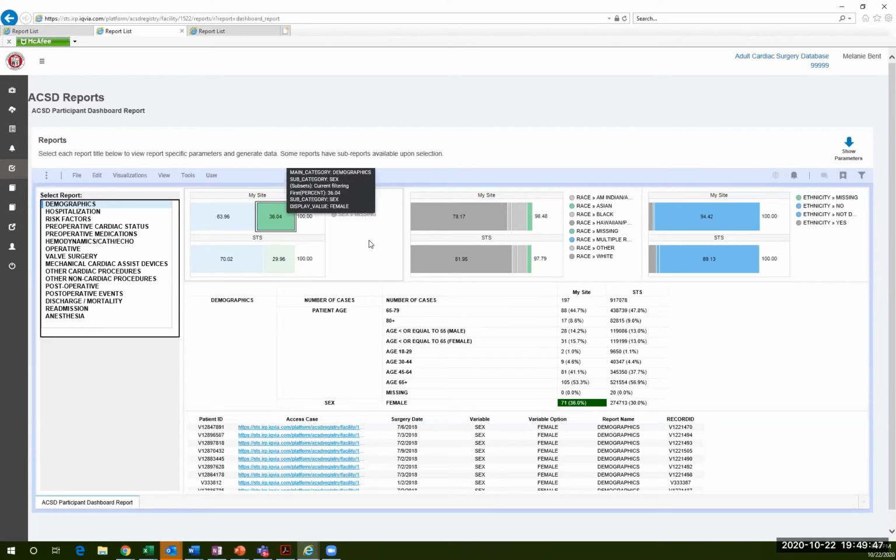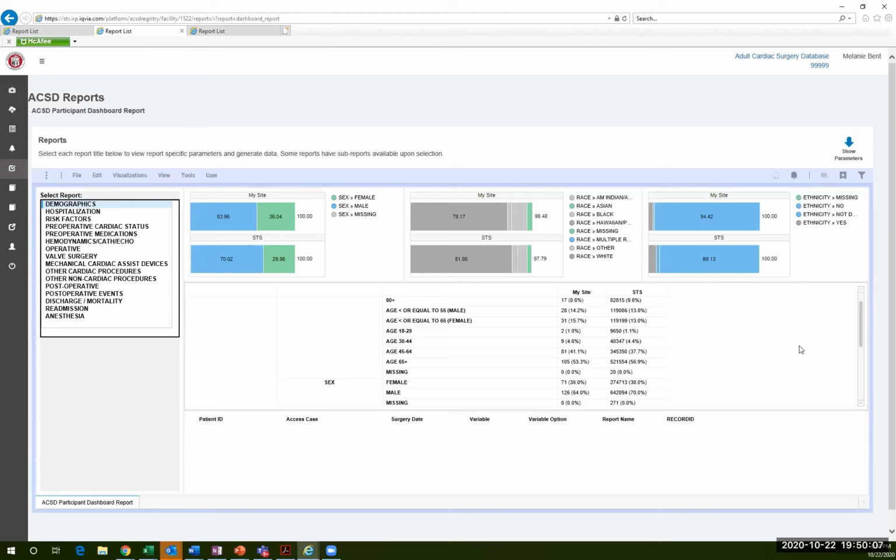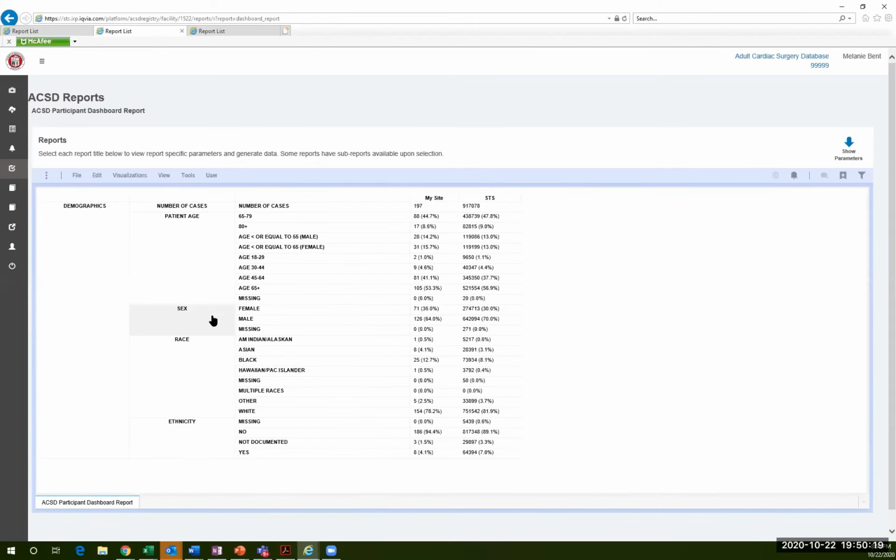And you're also able to come to the middle section, this tabular section. And here is where you're able to view the information that's listed. And what I'll do is just maximize this, because you'll notice that you do have an option to scroll. But if you wanted to just basically focus on just this section, you are able to right click on the section and you're able to maximize that list. And you will then see that full list of variables that have been made available in the report